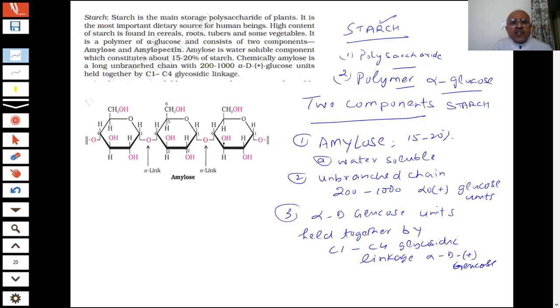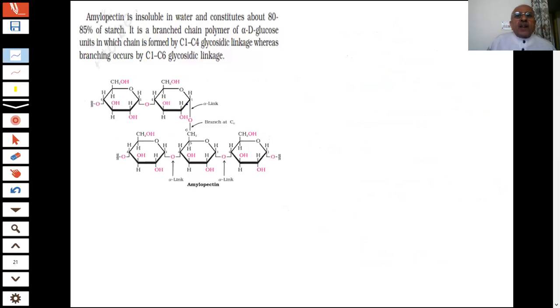So alpha D glucose units are producing a straight chain, amylose. Amylose is about 15 to 20% and the water soluble component of the starch. This is the first component. The second component is amylopectin, important because in the paper this is an expected question. The second component of starch is